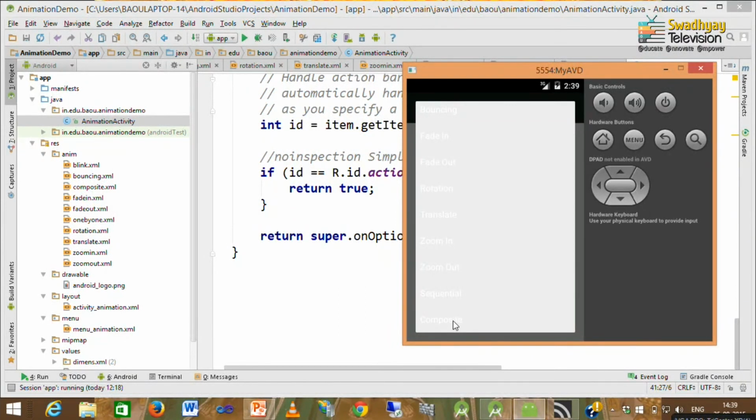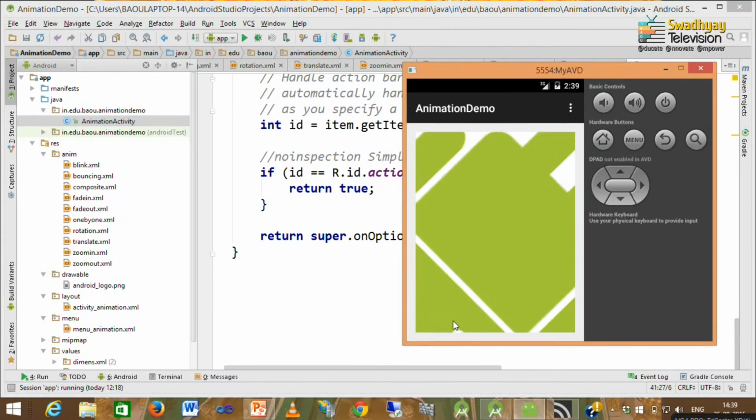Here I am selecting composite. Here you can see the object is rotated as well as zoomed out also. So, this is how you can implement composite animation.